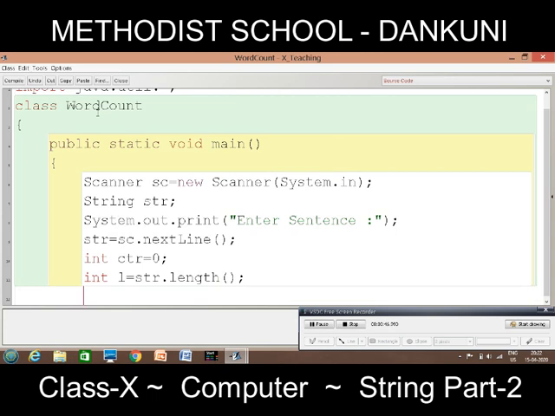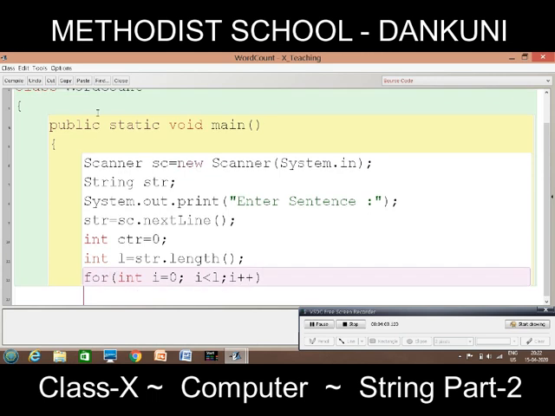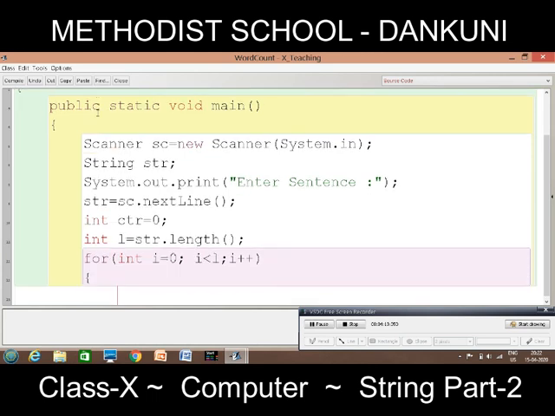Now once it is done, we will create a for loop. For int i equals 0, then i less than L, meaning number of letters minus 1. I am not putting less than or equal to because it starts from 0. Then i plus plus, so every time i will be incremented.